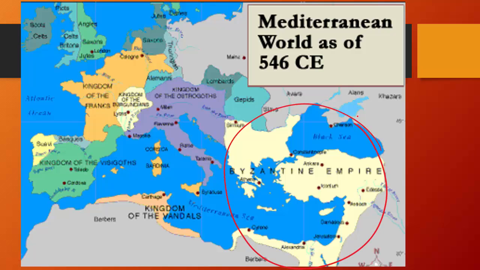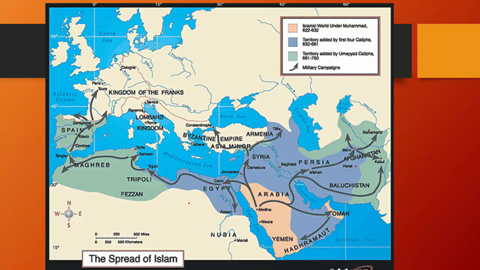You're going to see the Byzantine Empire, which is also going to be something that could be a focus of your essay. Also notice that we have all of these smaller kingdoms, the Visigoths, the Ostrogoths, the Vandals, basically all these barbarian groups that came in and had invaded Europe and led to the eventual fall of the Roman Empire. Also, you should be thinking about the spread of Islam, because Muhammad dies in 632, and then we start to see Islam beginning to spread throughout the Mediterranean region as well. So you should be thinking about the Abbasids and the Umayyads.